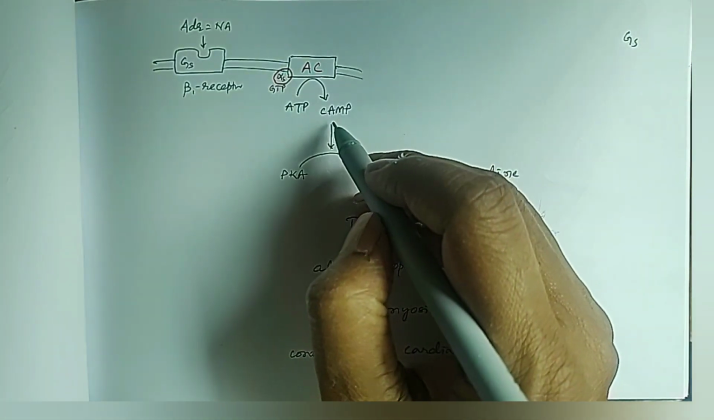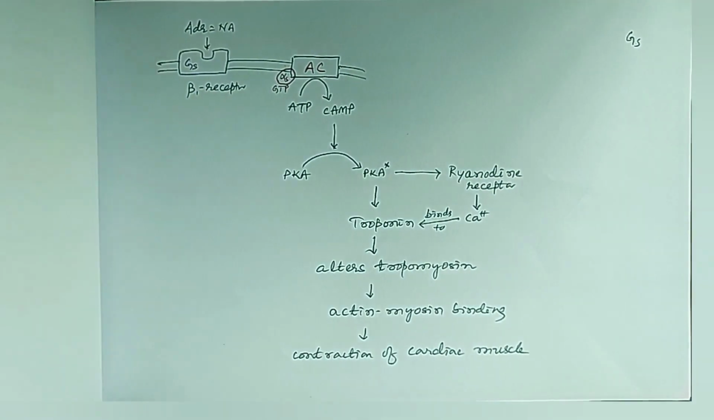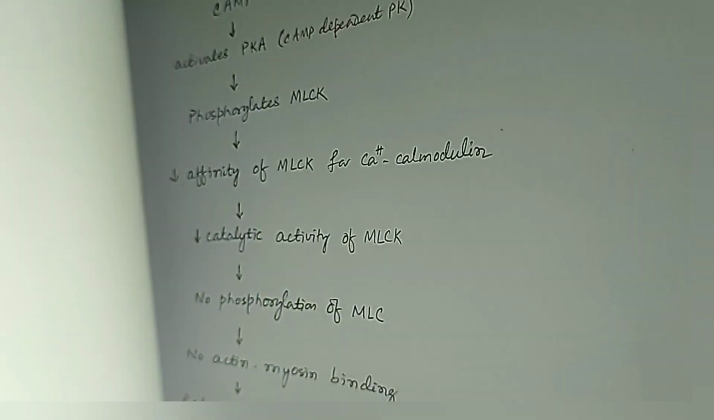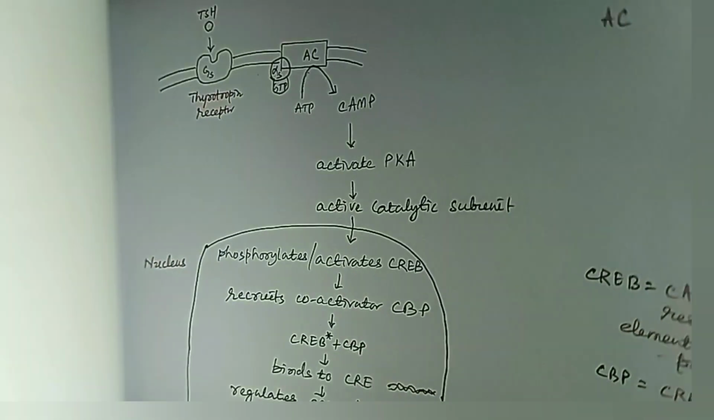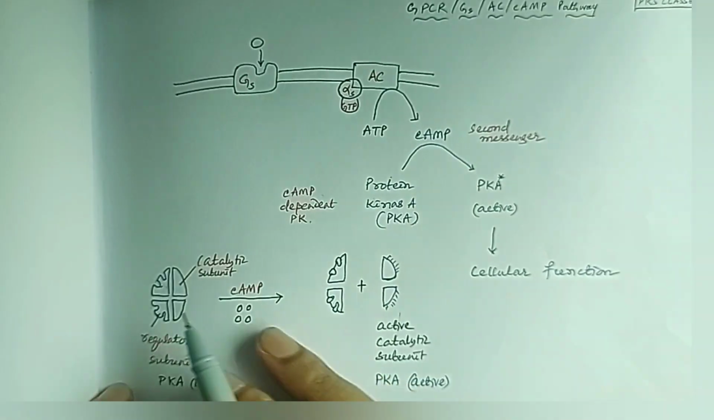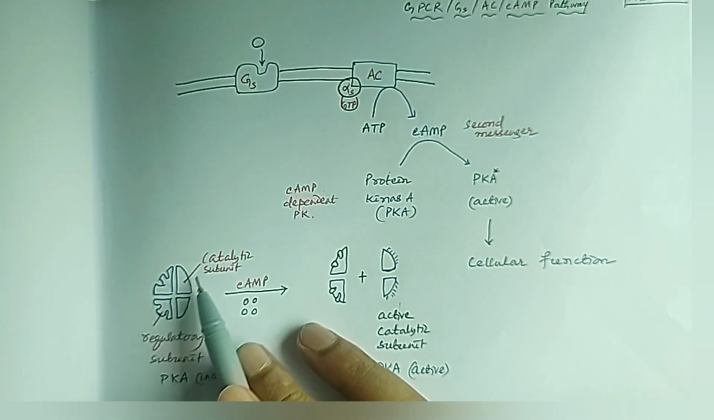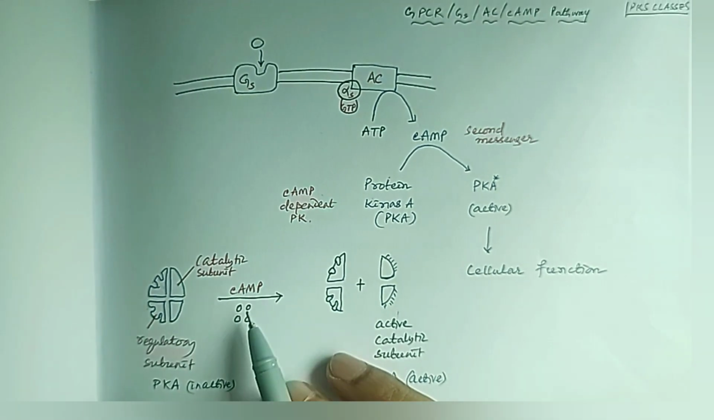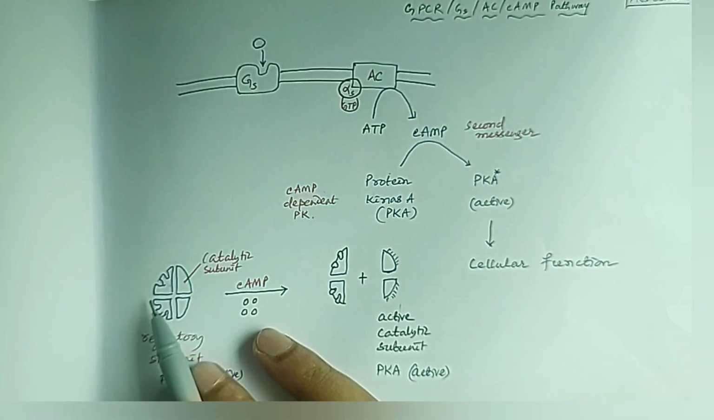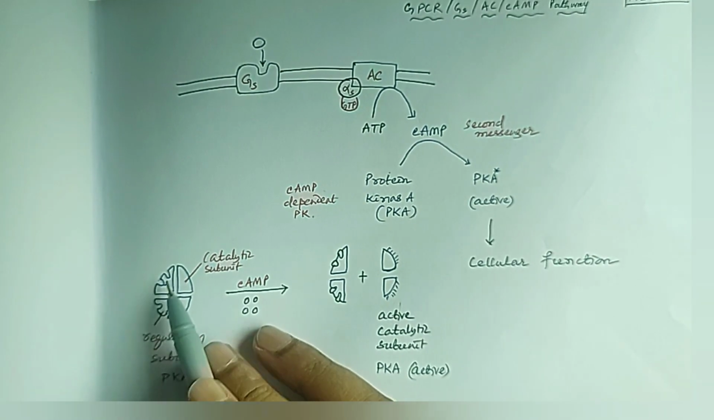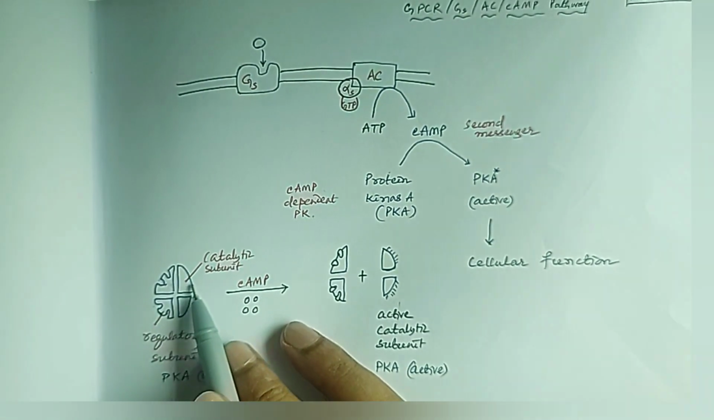So there will be production of cyclic AMP, and this cyclic AMP will activate the protein kinase A. So protein kinase A in its inactive form has two regulatory subunits and two catalytic subunits. Cyclic AMP, when binds to the two regulatory subunits at four sites, the catalytic subunits are released, which is the